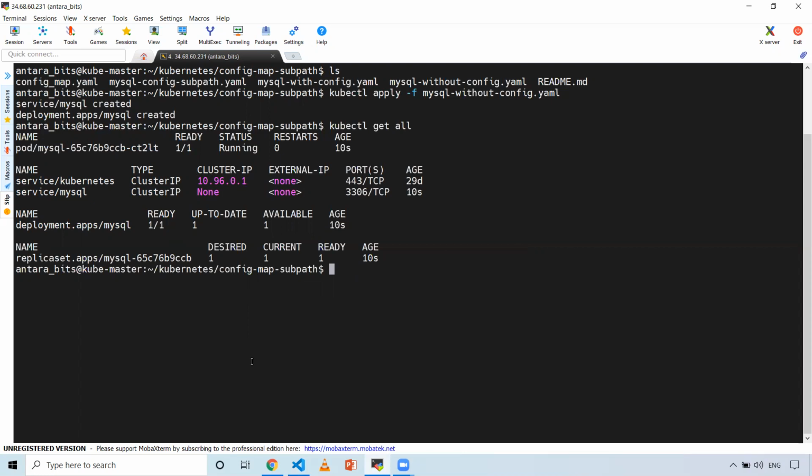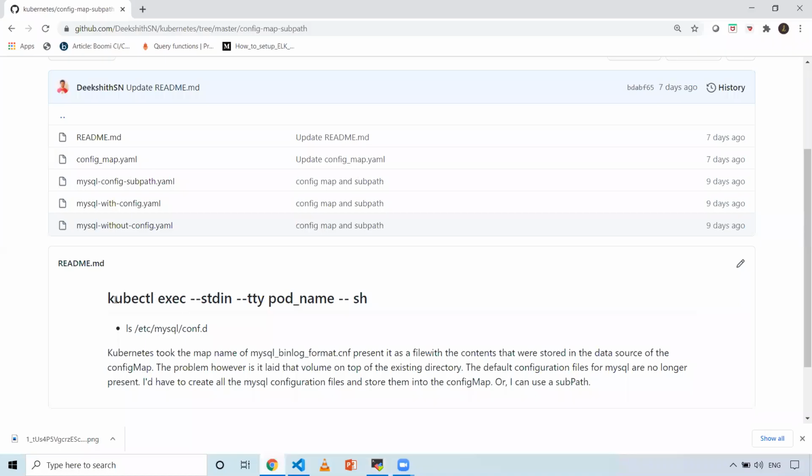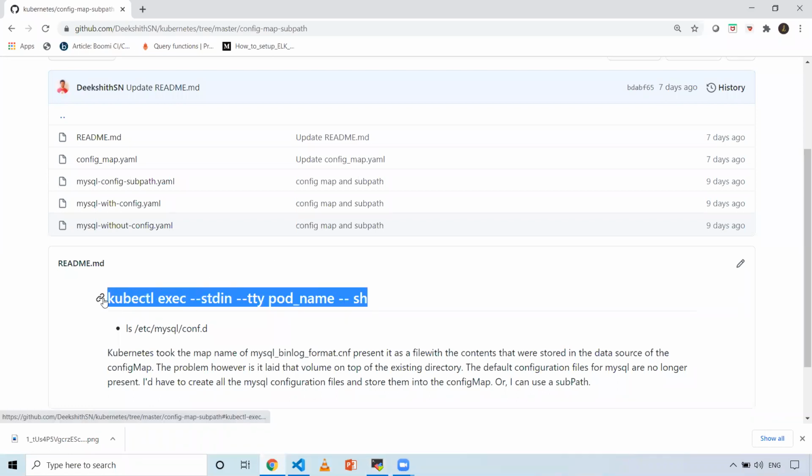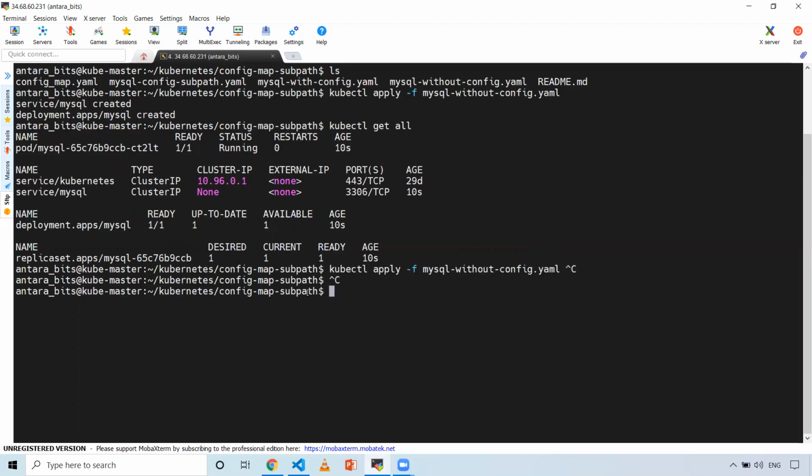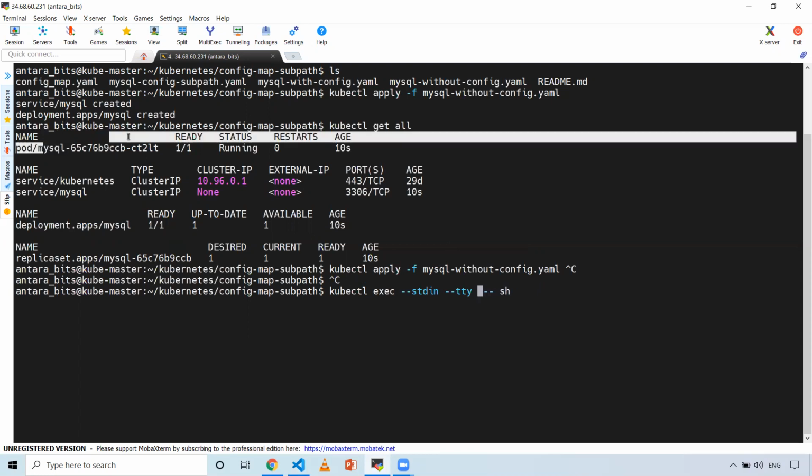Now let's get into the pod. To get inside the pod, I've already given the command here. You can just copy this one and replace the pod name with the actual pod name.